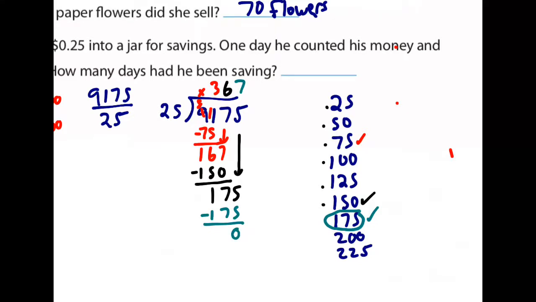So when it asks how many days has he been saving, he's been saving for 367 days. All right, if you didn't have that answer, you want to pause the video or rewind it a little bit to figure out where you messed up in the long division. If you did have it,